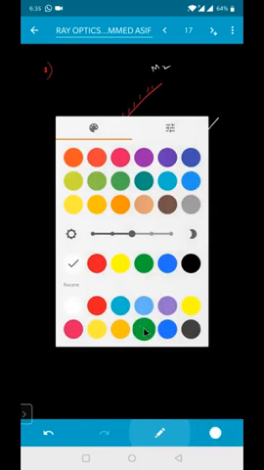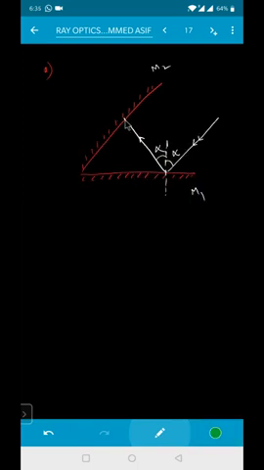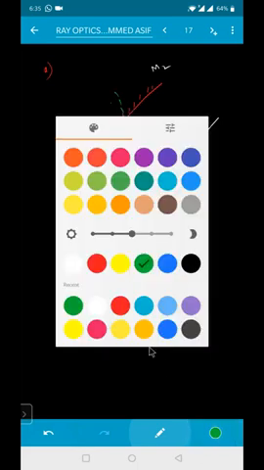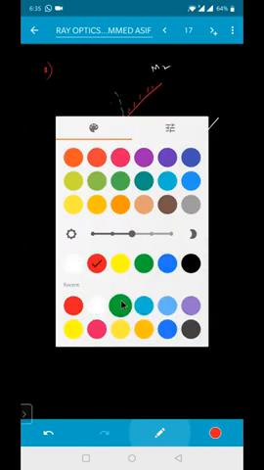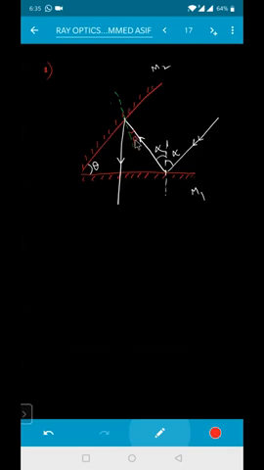Then from mirror M2, the ray of light is reflected, somewhat like this if I'm taking it right now. If I draw a normal for this one, this should be a normal which is perpendicular to this one. I can't draw it properly here, so I'm inclining it a little bit, but make sure that it is perpendicular to the surface. So this ray of light will be perpendicular. Then from here it will be reflected back like this. This angle is, for example, theta, and this angle here is, for example, beta, and this angle is also beta.